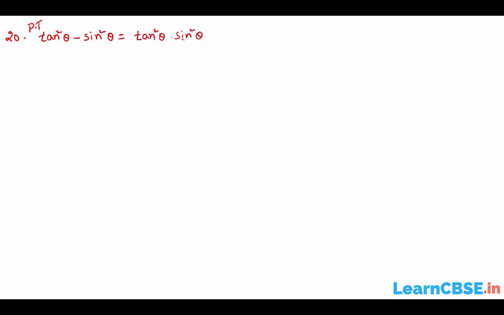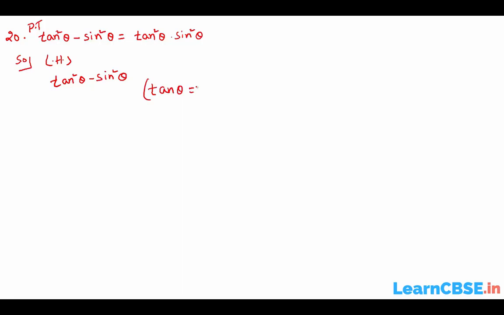If you observe that, because here we have only single term, in order to convert this single term we have to take anything common from these two. In sin square leave like this, but in tan square we have hidden sin. So if you convert this into sin and cos, then you can take sin as common. Let me try. LHS, tan square theta minus sin square theta. All of you know that